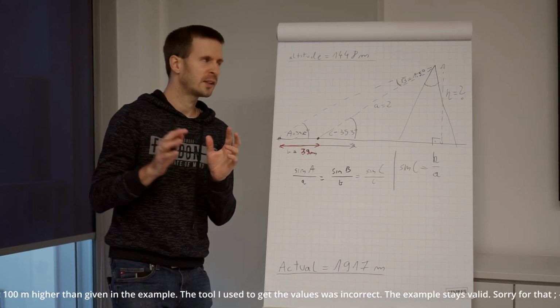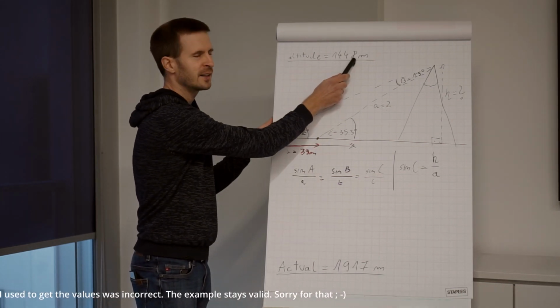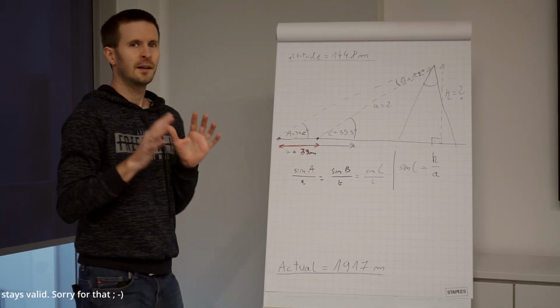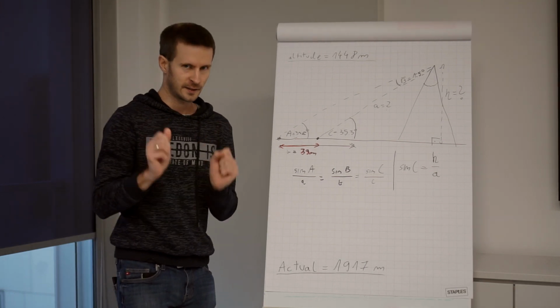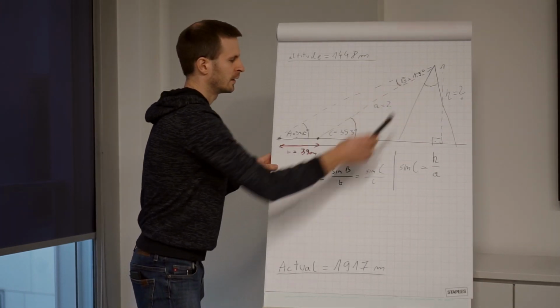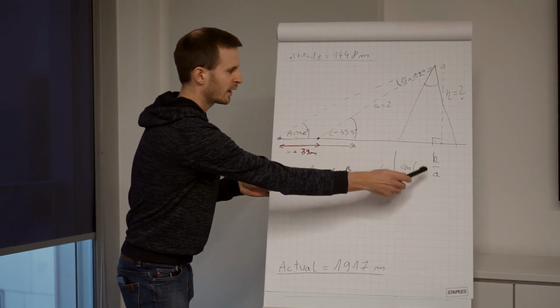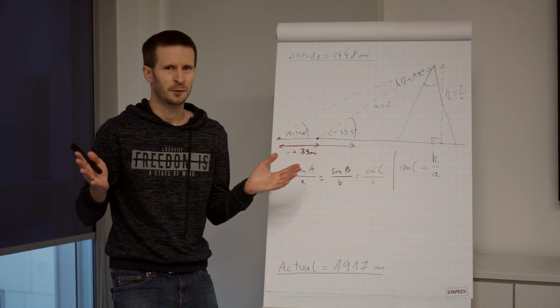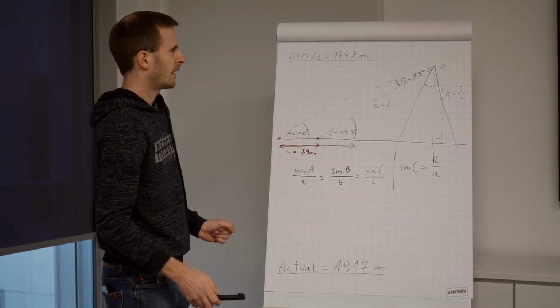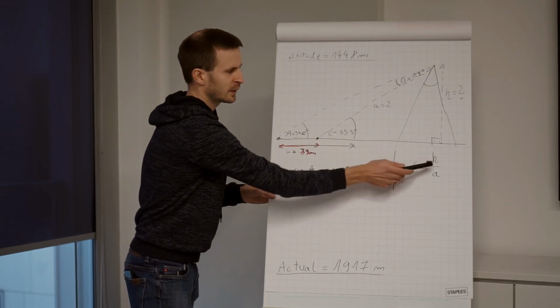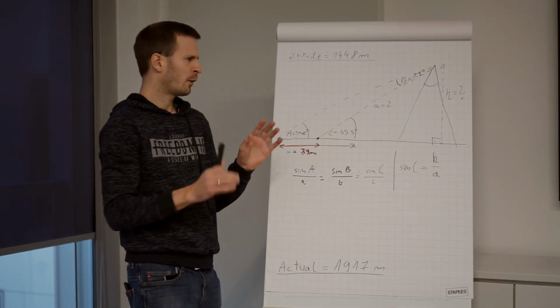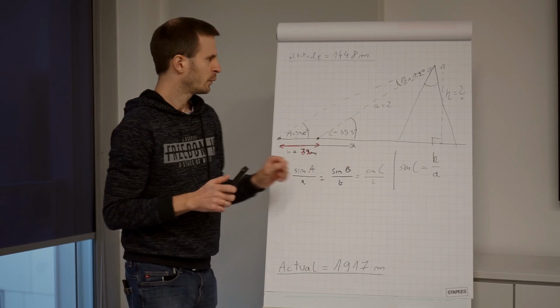And according to the map, it is 1,448 meters. Now, having all that information is enough to calculate h. And we can do it by using these two equations here, which probably are known from high school. Now, we can see from this equation that we can calculate h. However, we also have here a, which we do not know.